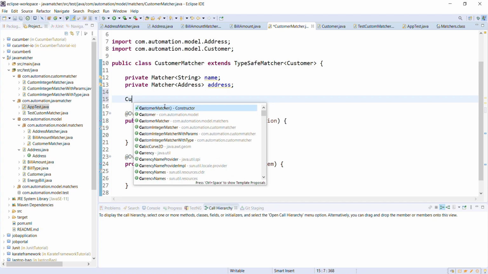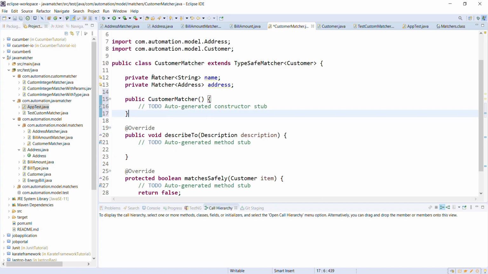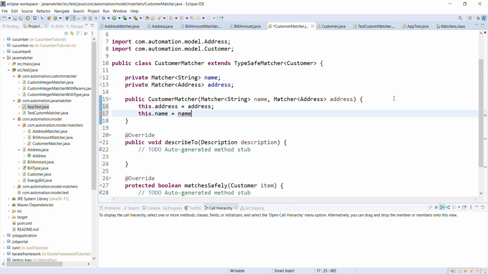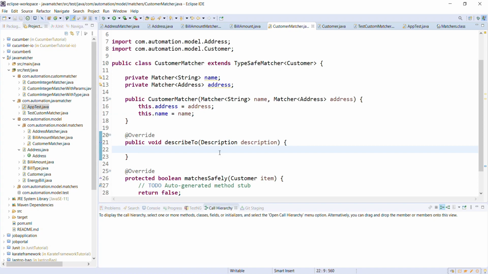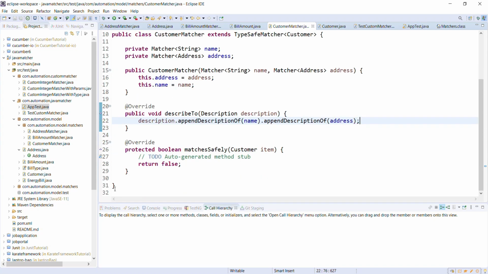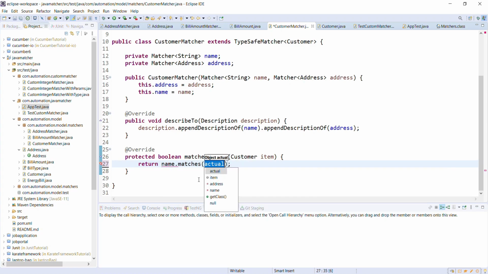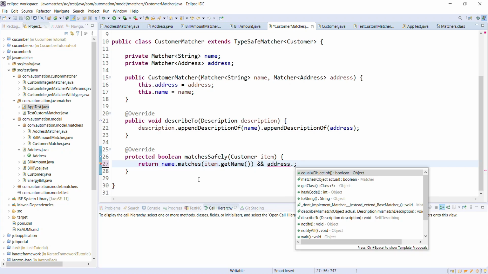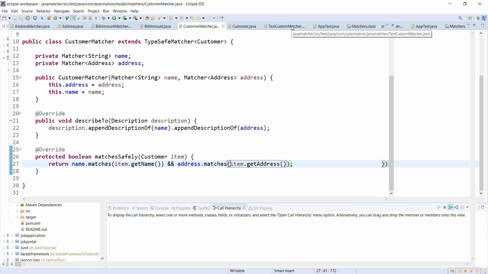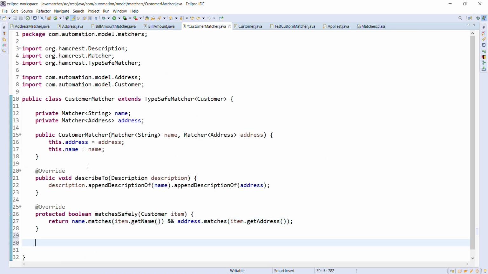So let me create the constructor to initialize these two variables. And a static method to get the object of this matcher.